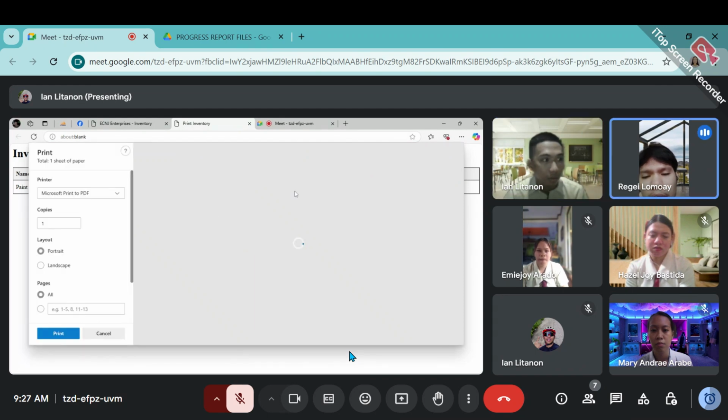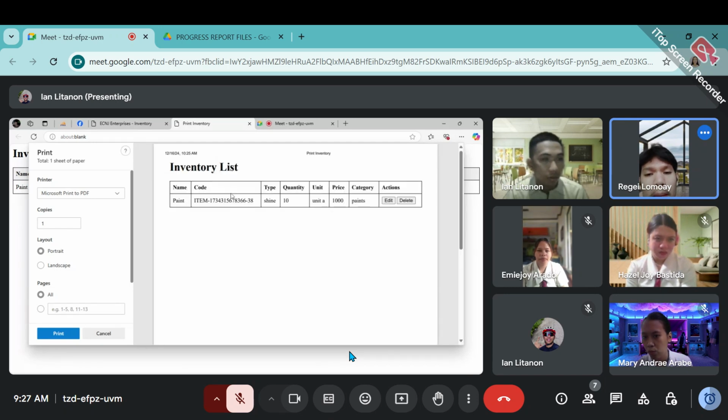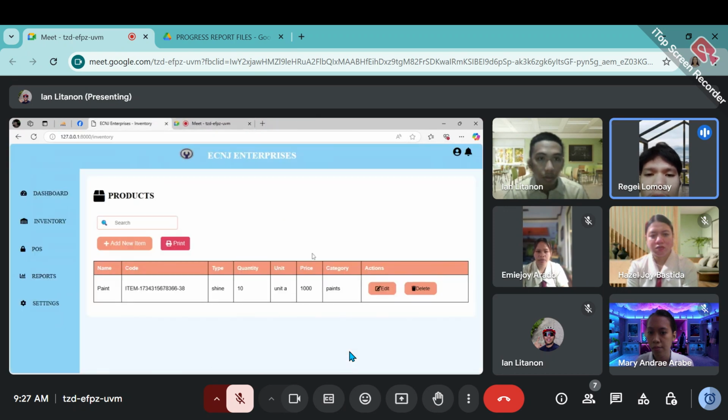So we will wait for a minute. So as we can see, we have the inventory list, which can be printed out for users. So kindly go back to our dashboard and also go to our POS.